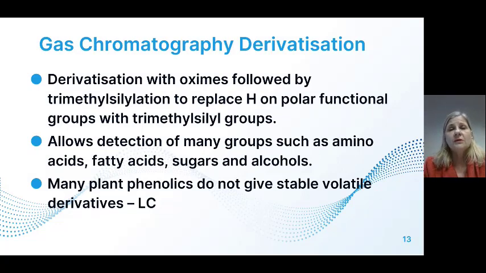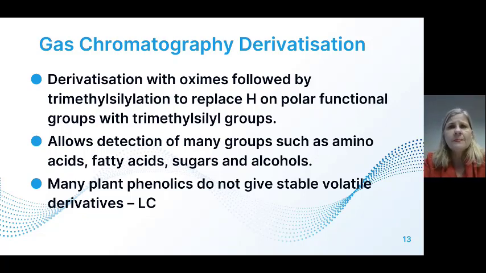So if you have polar components with very high molar masses, and that's normally when you start getting your longer chain hydrocarbons, or acids of longer chain hydrocarbons, then number one, it would not be volatilized and you would not be separating it, and it could also accumulate in the column, which means it lowers the efficiency of the column. So we don't want to place compounds that will not volatilize onto our GC column. So the first step would be then